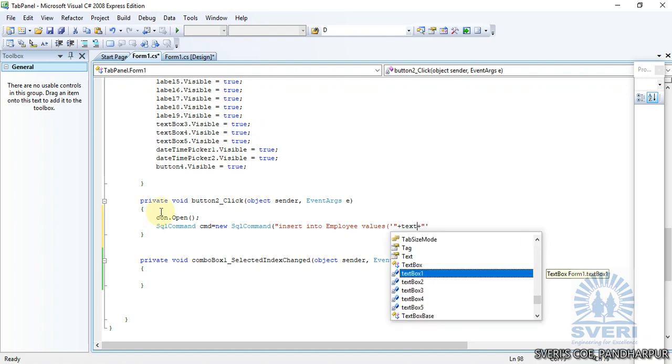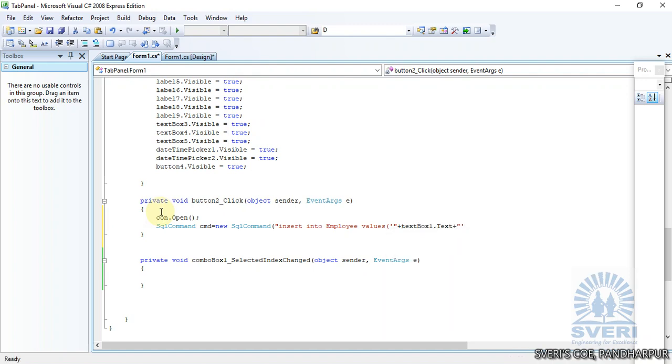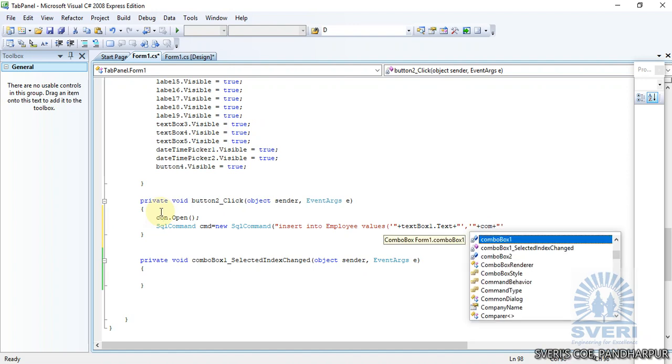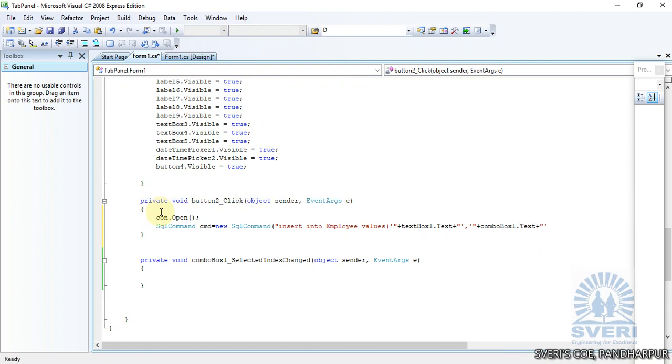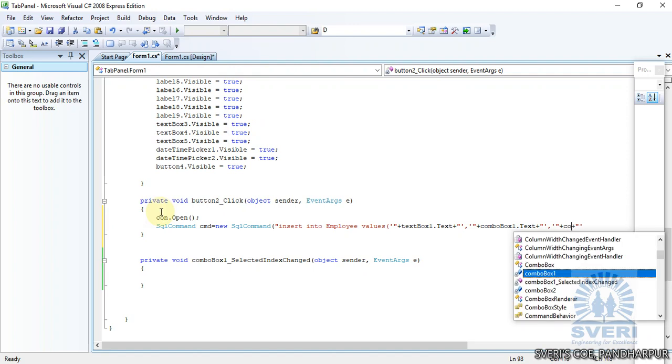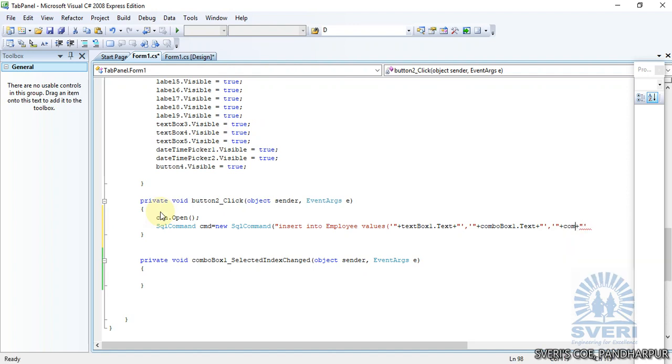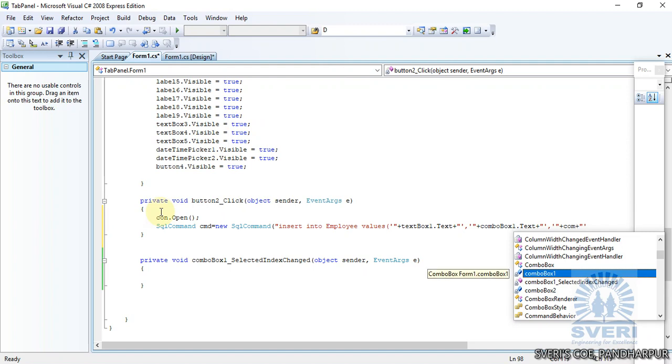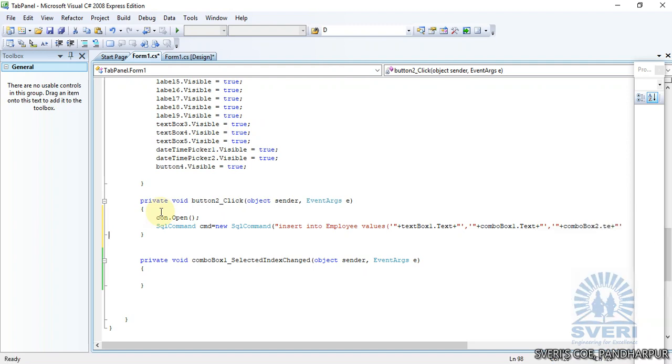single quote, double quote, single quote, and inside it a double plus. The first value is from textBox1.Text, then comma, single quote, double quote, plus plus, double quote, single quote, and within the plus plus sign the second value is from comboBox1.Text, then again comma, single quote, double plus, double quote, single quote, and inside it the third value is from comboBox2.Text,